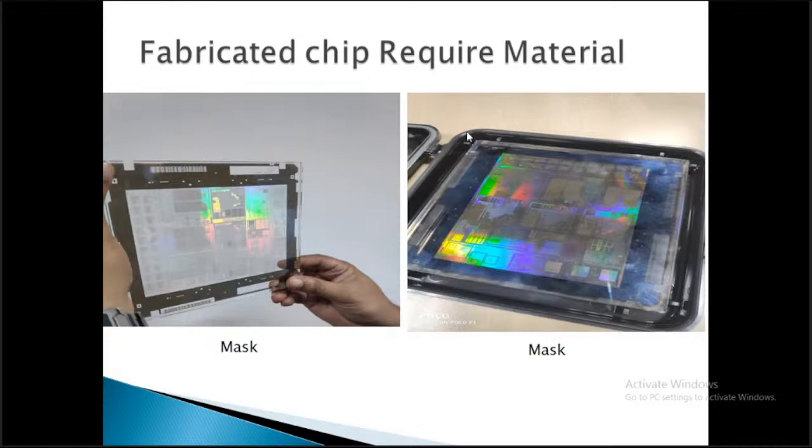These masks are basically whatever chip layout we have, a frame through which we put some light, and then it gets printed on the silicon wafer, and based on the technology, it creates that circuit in actual on the silicon wafer using different methodologies, etching,